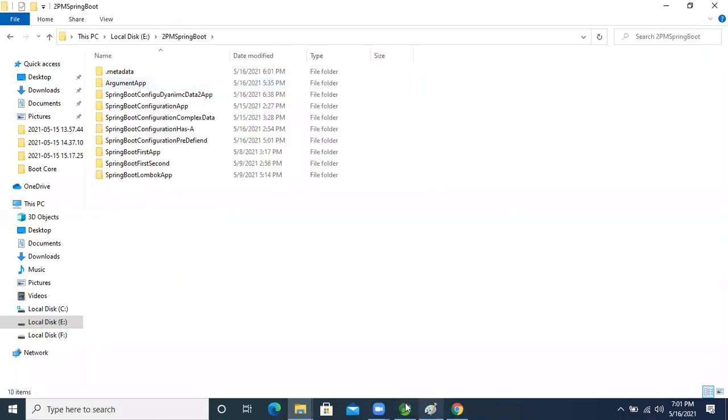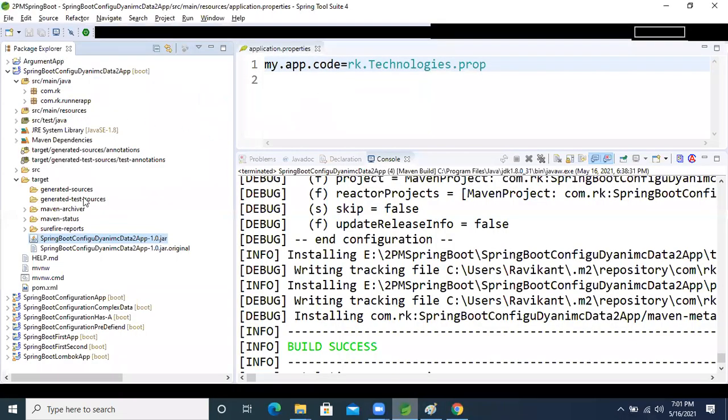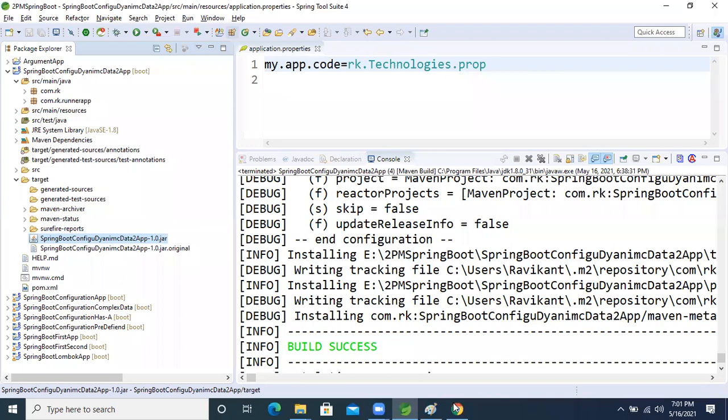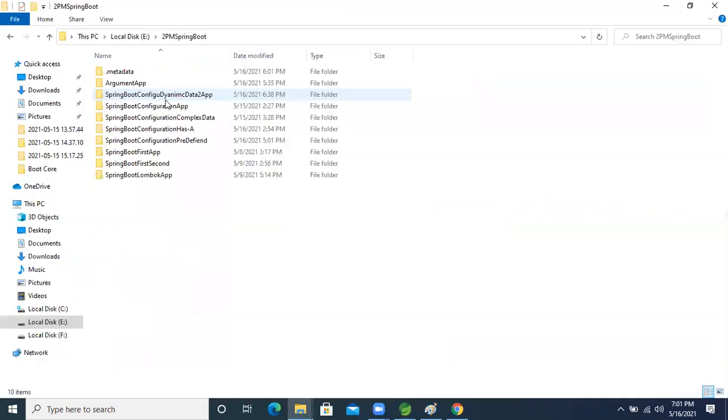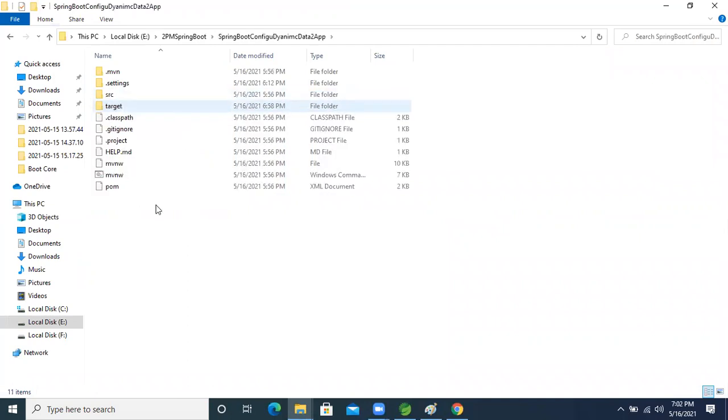Inside this one, what is the project name, guys? Spring Boot Configuration Dynamic 2 application, this one only, right? Inside this one, come inside the target folder.